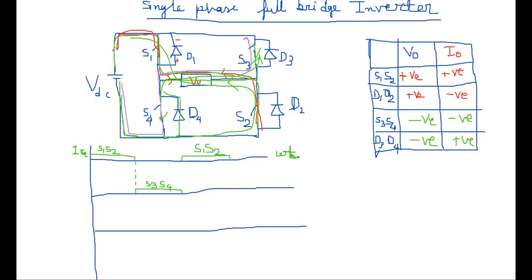Okay, for S1 S2 closed, it was coming from positive to negative, so it was positive voltage and current. And for S3 S4 closed, when negative to positive voltage is coming, voltage and current both are negative. Now when D3 and D4 are on,